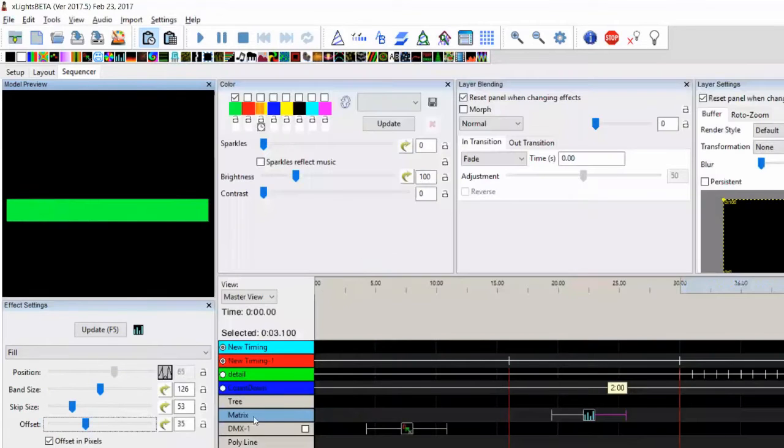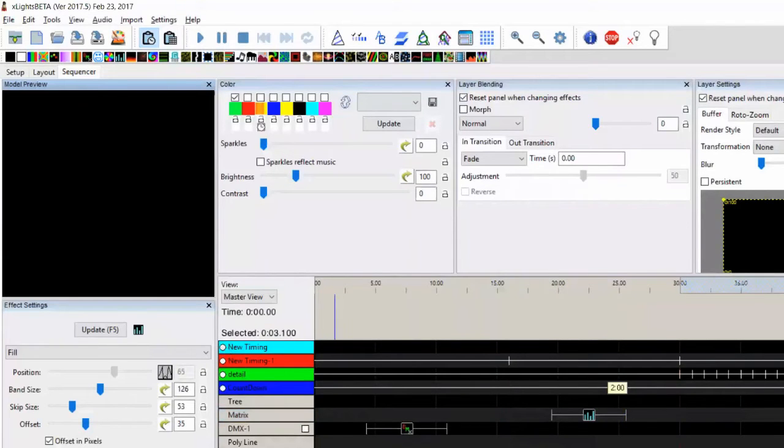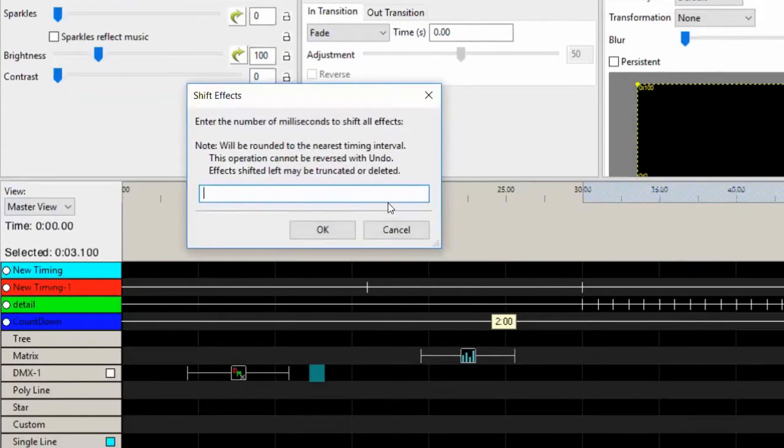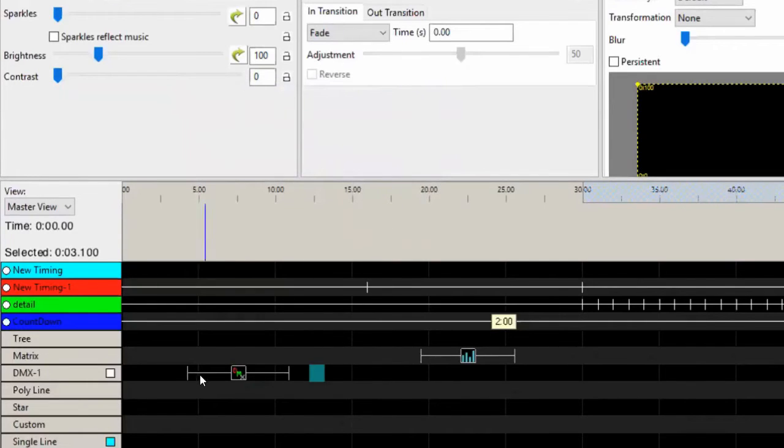Shifting all the effects. So yeah, this sometimes happens, particularly if you've got a sequence which maybe your audio file doesn't quite match, it's got an extra long lead in, etc., and I want to shift everything across in the whole sequence. You can go up to the edit menu and click on shift effects, and I can shift everything, I don't know, right by 1 second,